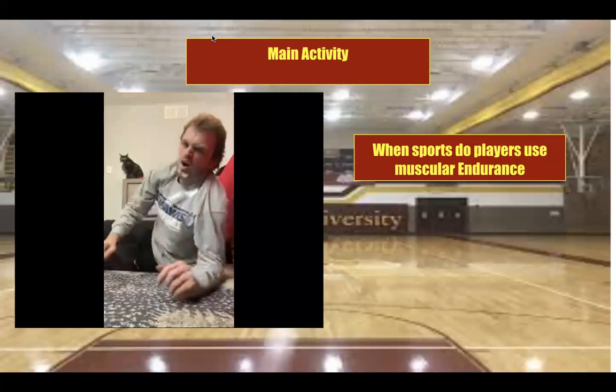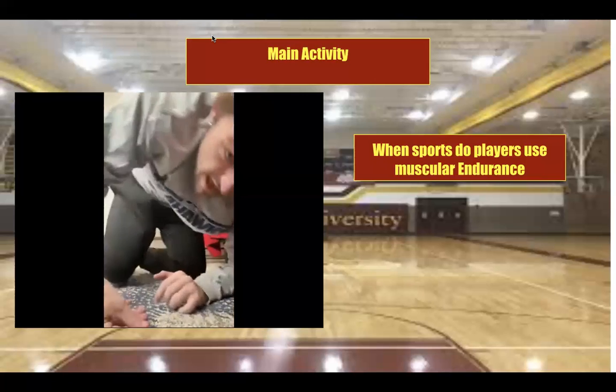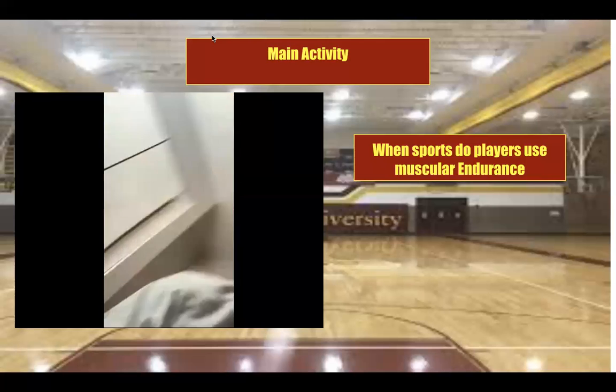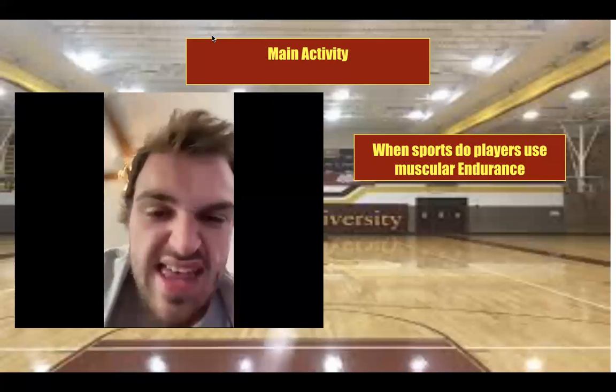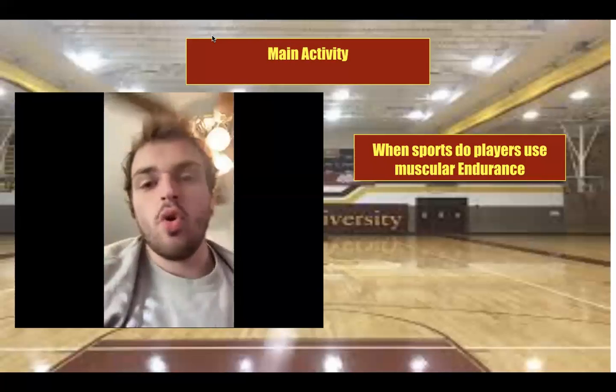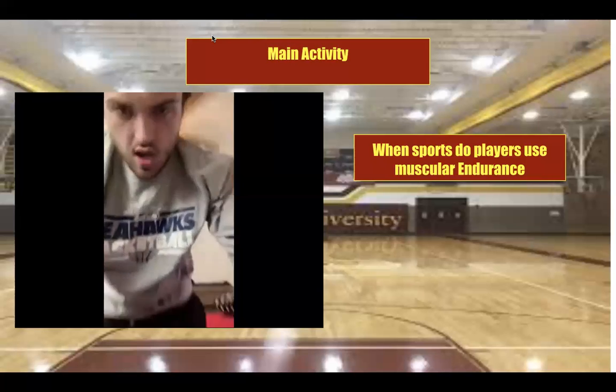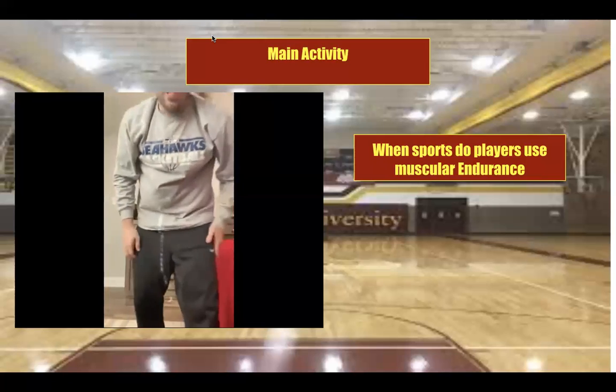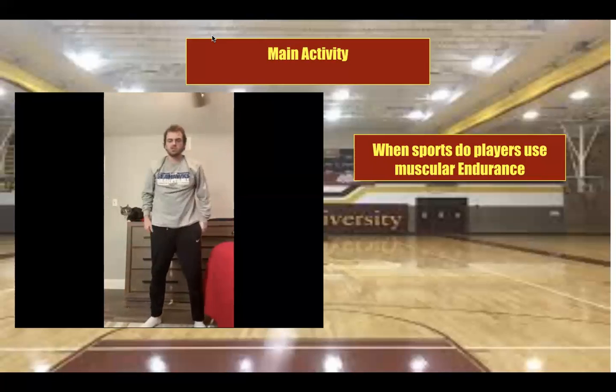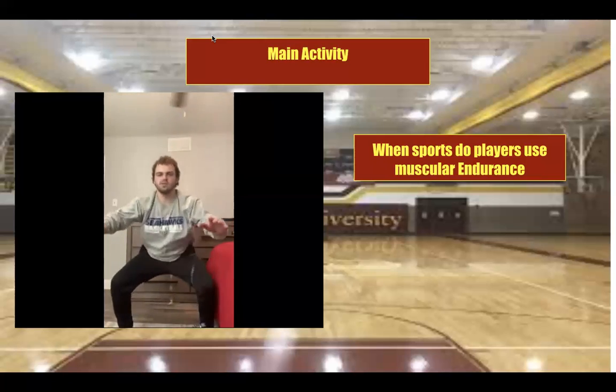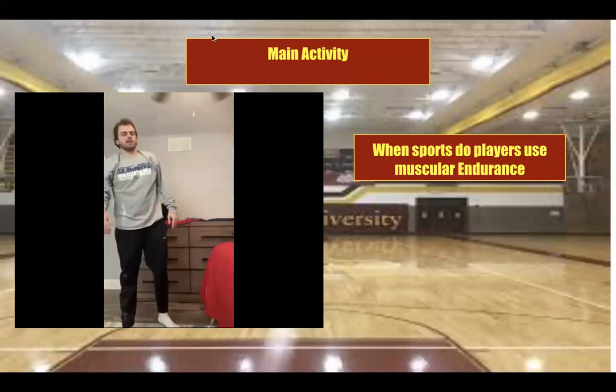Oh, great job, everybody. One last exercise. Let's keep it going because this is our muscular endurance. The next one we're going to do is a wall sit. So if everybody wants to, or it's just a squat sit, you can be up against the wall, or we're just going to get down in the squat position and we're going to hold for 30 seconds.